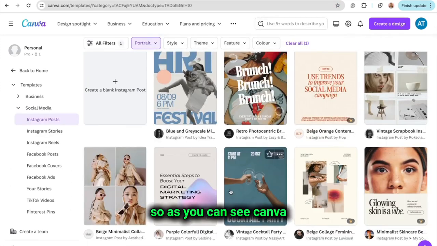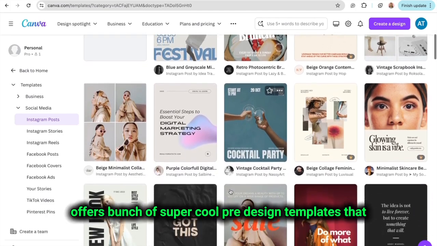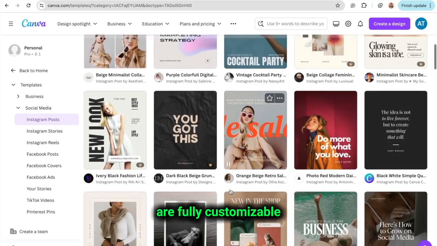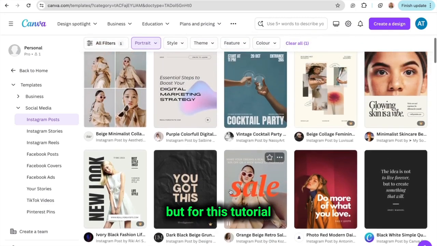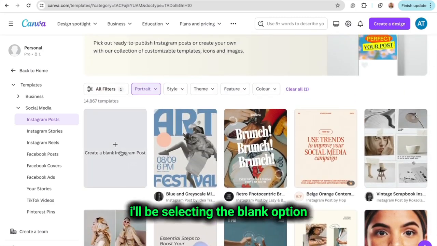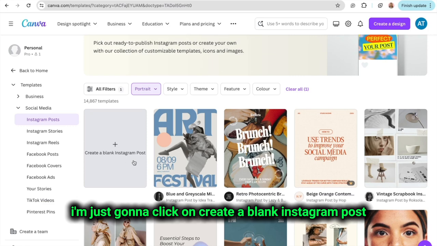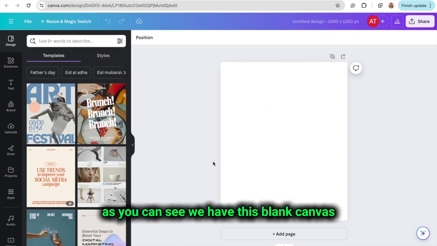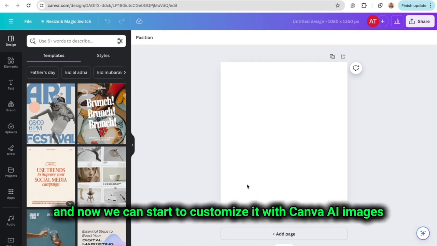So as you can see, Canva offers a bunch of super cool pre-designed templates that are fully customizable, but for this tutorial, I'll be selecting the blank option. So I'm just going to click on create a blank Instagram post. So this brought us to the Canva editor page. As you can see, we have this blank canvas, and now we can start to customize it with Canva AI